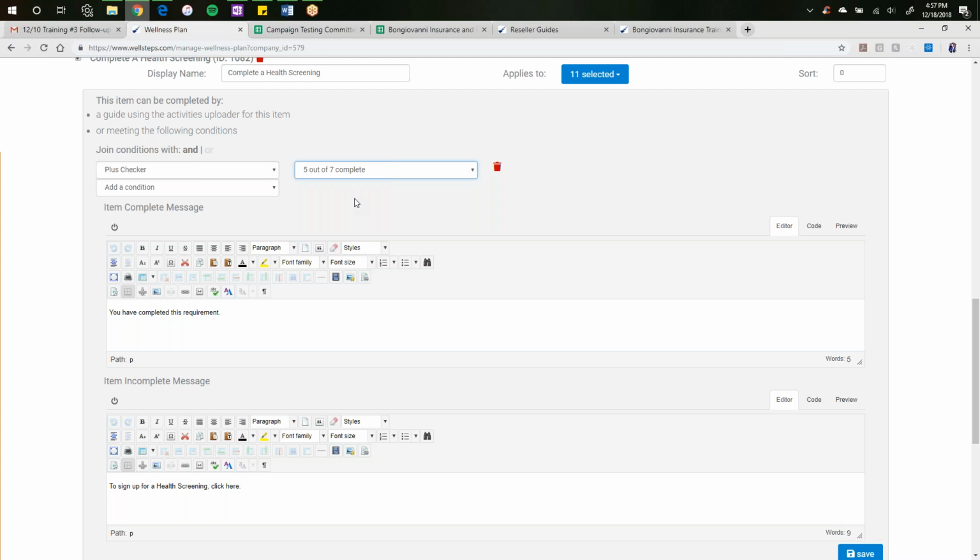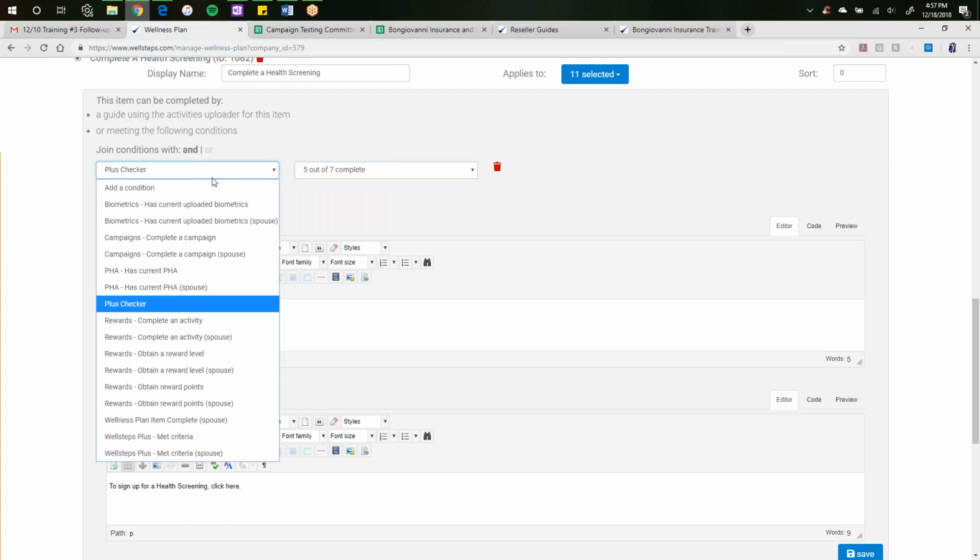So the plus checker won't look at one value specifically; it will just look at the whole group, if that makes sense. So let's take that situation. Maybe we don't want to use plus checker. Maybe we want to use met criteria, so that